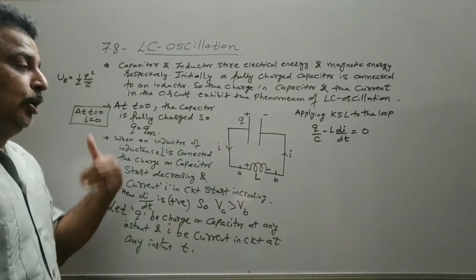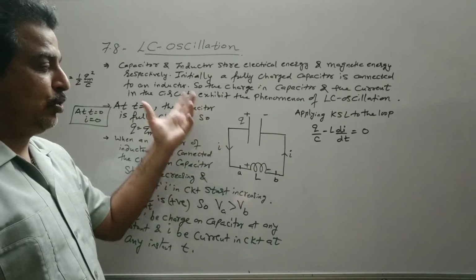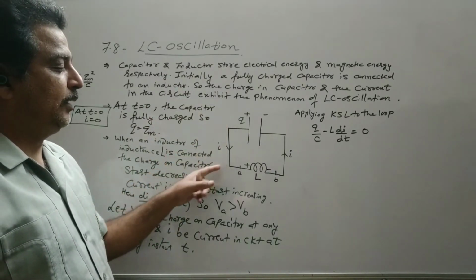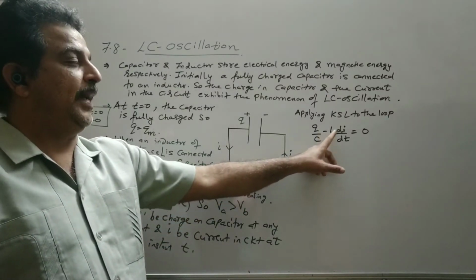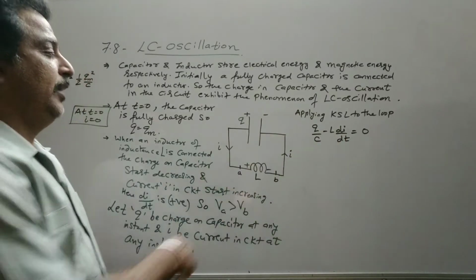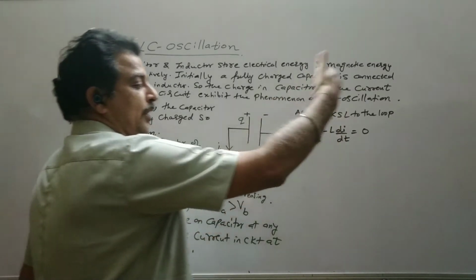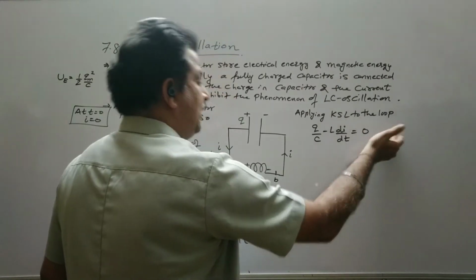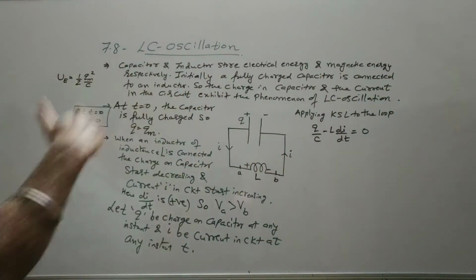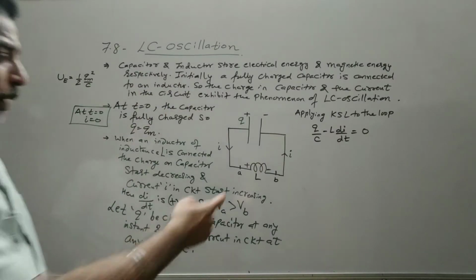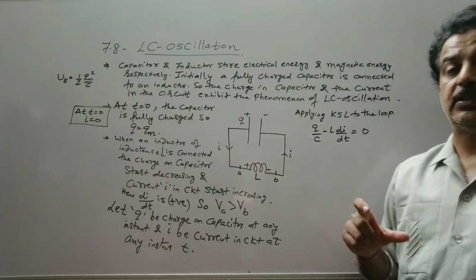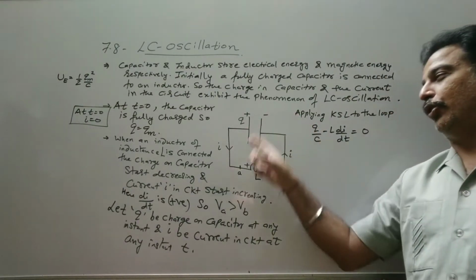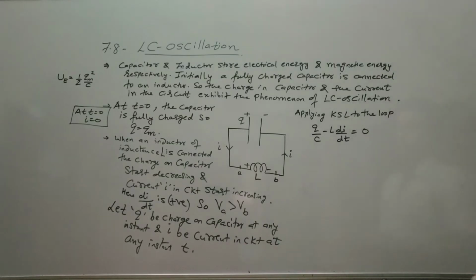Or you may also take the Kirchhoff law. Suppose I start from this point, I am moving in the direction of current. So if I am moving in the direction of current, I write minus L di by dt. Then I come across a negative terminal. So on that side I will write minus Q by C. That Q by C is taken to this side. So this is how you apply the Kirchhoff law. Or we know the summation of the potential difference, or the summation of EMF, in the circuit is 0. So this is our equation number 1.